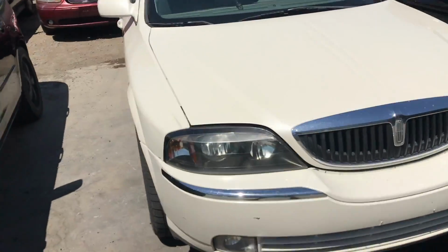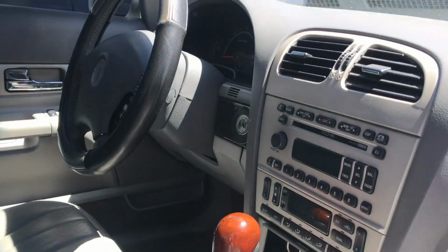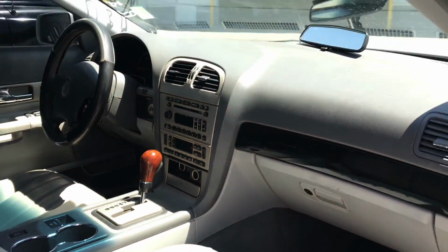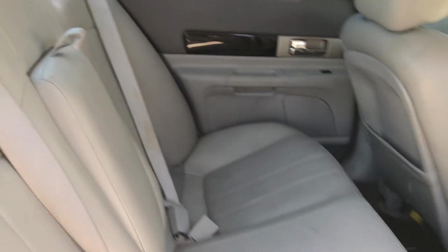But we can check this one out really quick. Nice cool wheels on it, 166,000 miles. All leather interior. Now the interior on here seems pretty fair. Was a smoker for sure. Dude was definitely a smoker. But if you just look in the inside, it does look...